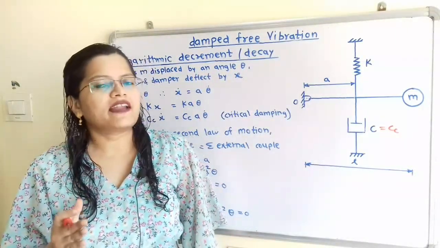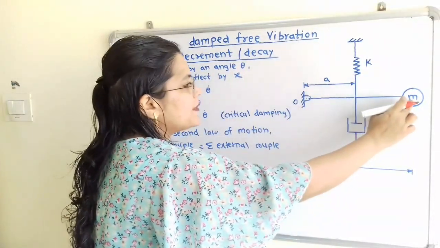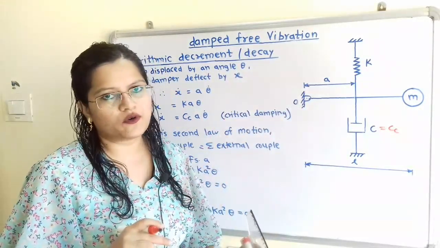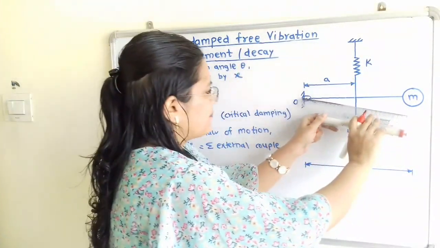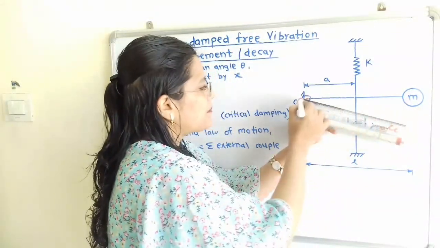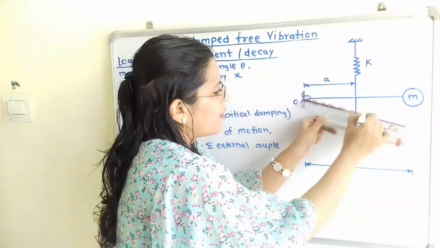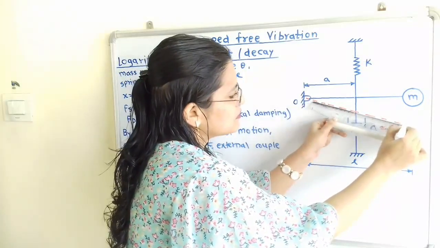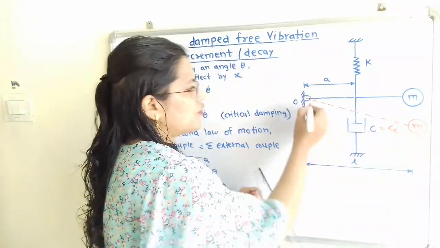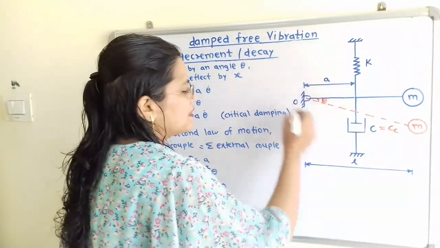Now to find out the differential equation of motion, we will consider this mass m is displaced through an angle theta about this point O. So we will draw here the diagram. I will show here the displacement of this mass m. This m is pivoted about point O. So here is the angular displacement. So this is the final position of mass m. Here is the angle theta, and the direction of displacement is in the